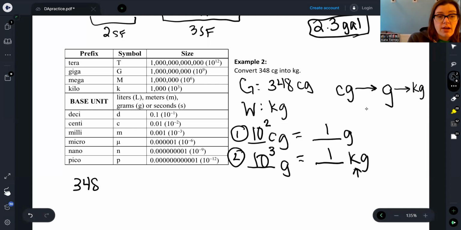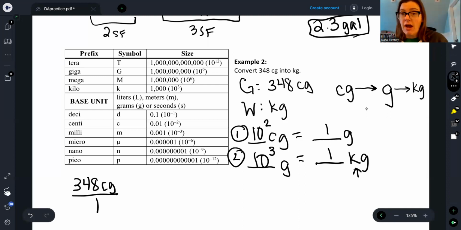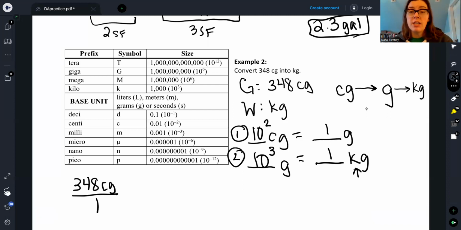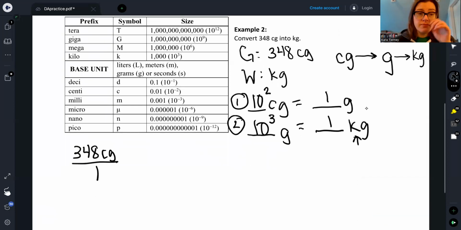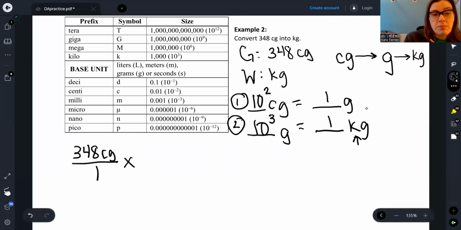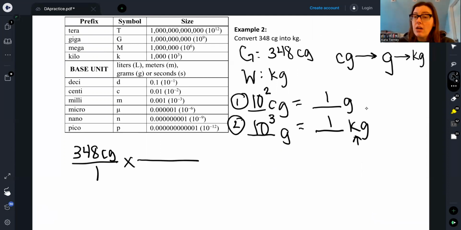348 centigrams. I like to write it over 1 to have everything in a fraction. When you write it over 1, do not put any unit. That's just going to be by itself. I'm going to write a multiplication and a line just like we did for example 1, but here I have